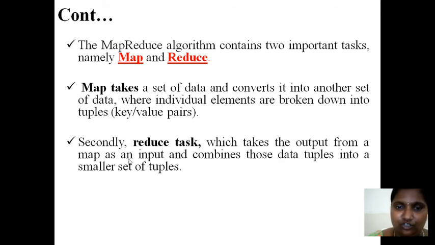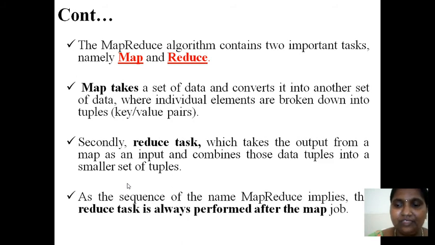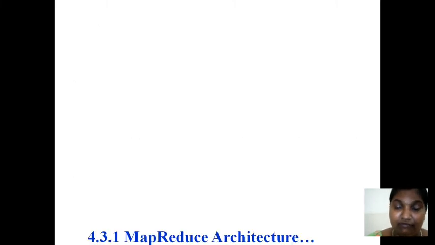Next, what is the reducer's job? The reducer takes the output from the mapper as an input and combines that data into a smaller set of tuples. Whenever data is submitted to the system, the map has to take care of the job first. After that, the output of the map is provided as input to the reducer. This work happens one way. We can't start with the reducer and we can't end with the mapper. We should follow the sequence: first the mapper, next the reducer. It's mandatory, and we have to remember that.